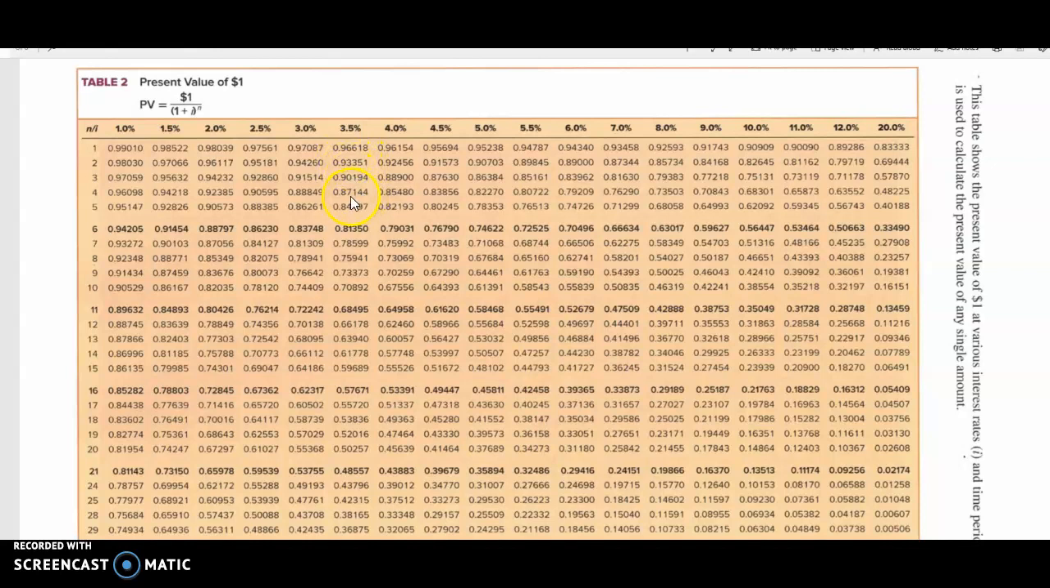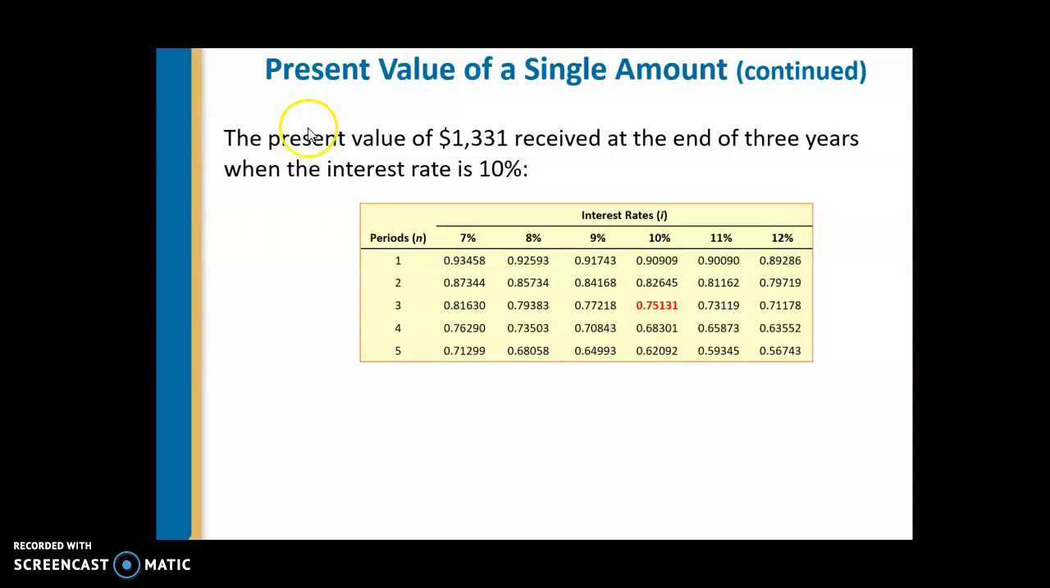So let's use Table 2 to solve this problem. The present value of $1,331 received at the end of 3 years when the interest rate is 10%. The interest I is 10%, N equals 3 years, and what we want to know is what is the present value of